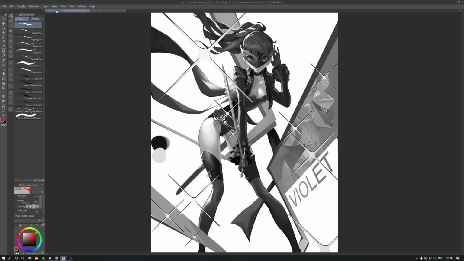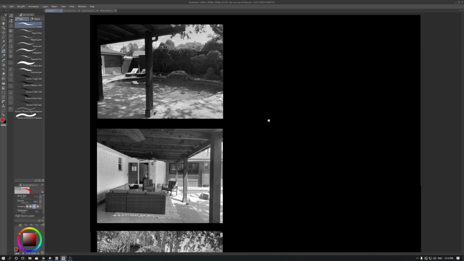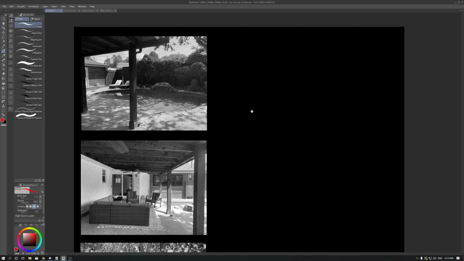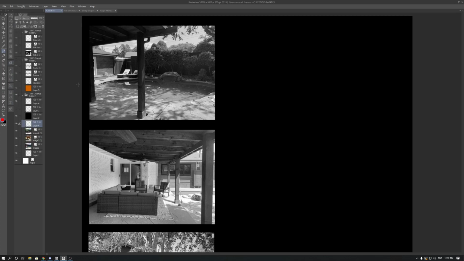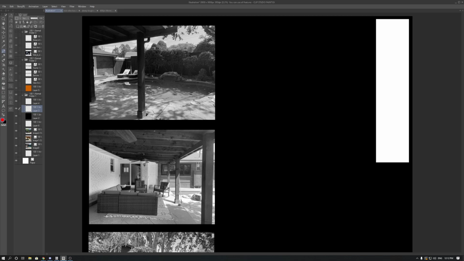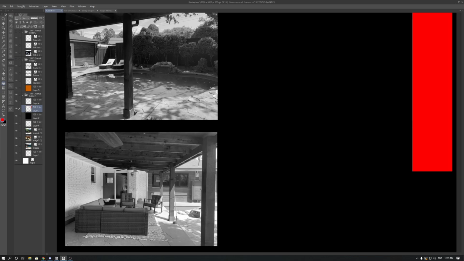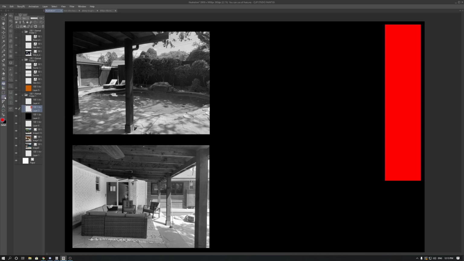All right. So going back to how to do a value study. I showed you how to extract color from an image using a saturation layer. And then what you do next is get a white box or any color box. It doesn't really matter. It could be red for all we care. Yeah, let's make it red, whatever. So we have our box. And then what you need to do is, without color picking, go in here and kind of eye it. We need to go, okay,